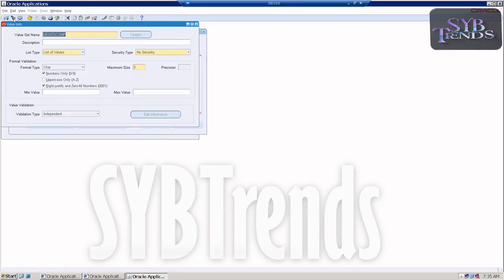That is, create new. This is GGSS division value set. Here also 3 characters, numbers, right justify. This is for division. Next, GGSS location. 3 characters, numbers, right justify. GGSS